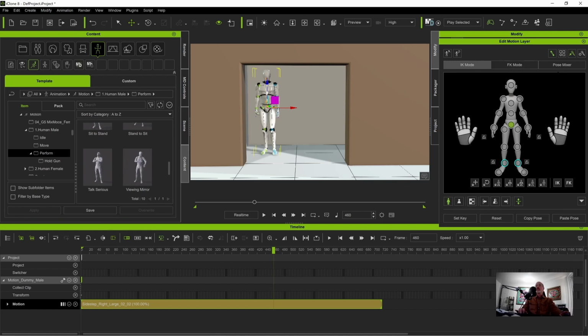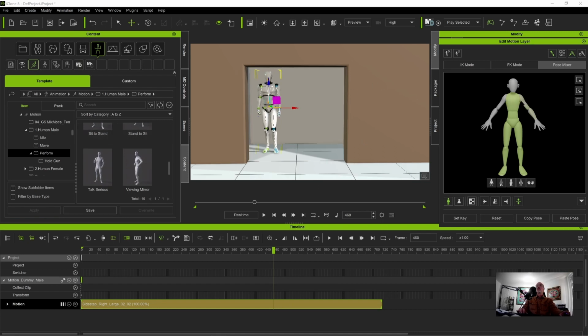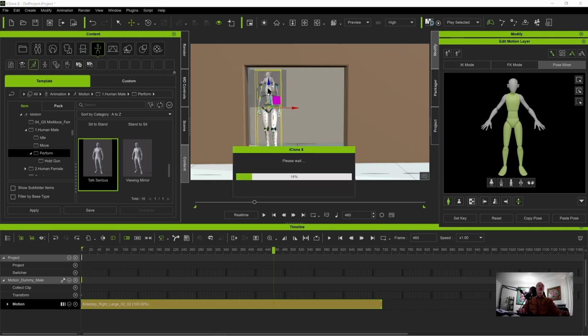Now, when we do this, we're going to use the pose mixer because I don't want the poses, its motions, to affect anything other than, I really just want to affect his arms, hands, head. I don't want it to affect his chest that much. I don't want it to affect his stance that much either, okay? Because I want it to overlay this part of the animation. So with this masked out, we can grab Talk Serious, pop it onto him,